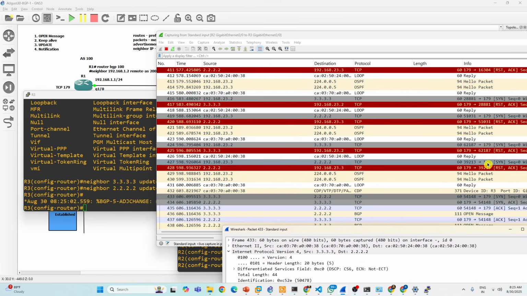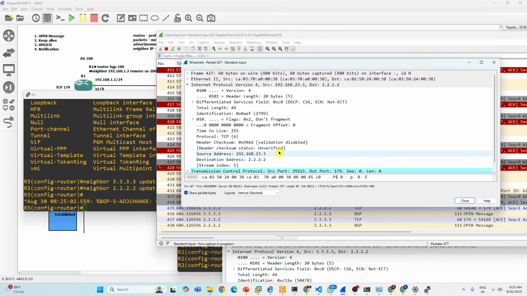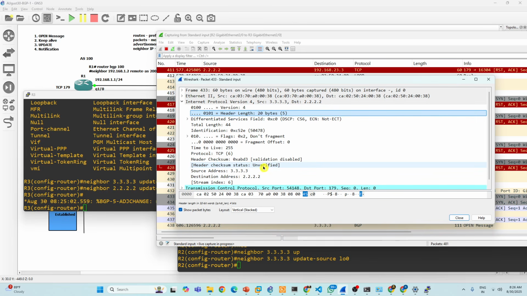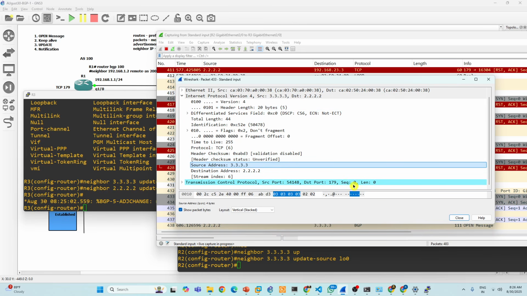Now I have given update source loopback 0, which means the source address is updated to loopback 0. What is the loopback 0 IP address on R3? 3.3.3.3. Now it is accepting it.